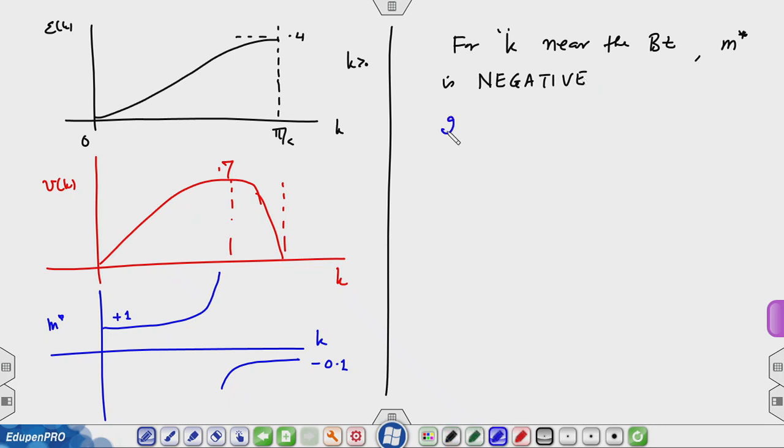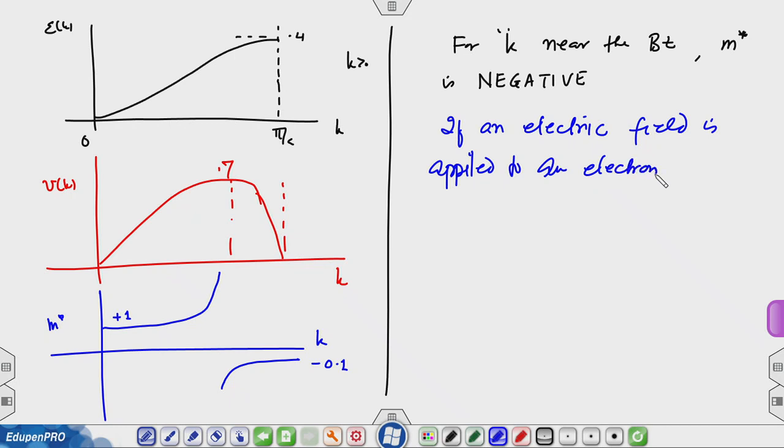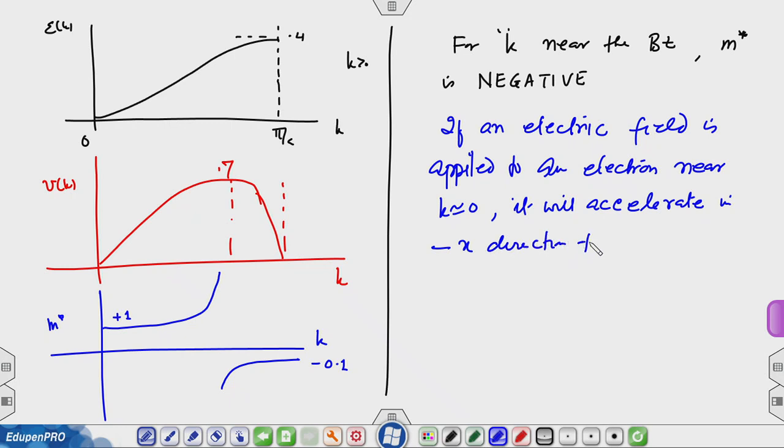And therefore, if an electric field is applied to an electron near k equals 0, it will accelerate in negative x direction for E in positive x direction,